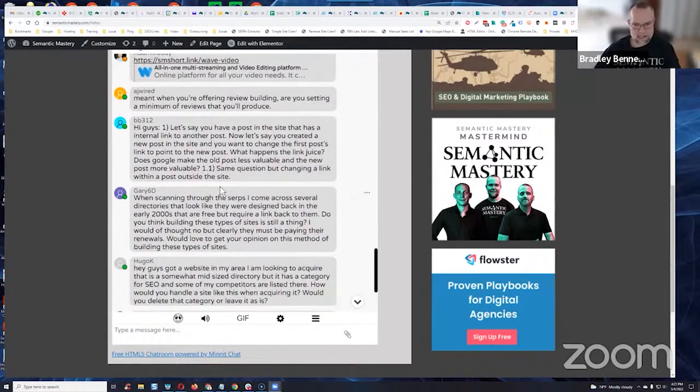And by the way, there is a phenomenon that we've identified over the years, and I've seen it. It's called link echo. That's basically when you remove a link that has been seasoned or aged for a period of time, pointing to a page or a post or whatever its target URL is. And then you remove that link, there's usually a delay.